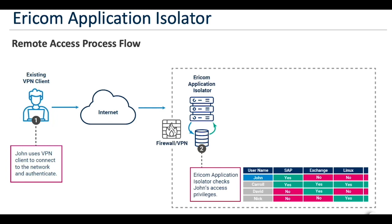The access controller extracts those log messages and pulls out some important information: the username, John, the public IP address that John may be coming from, and then the private IP address that the firewall VPN has assigned to John. It parses that information out and then looks up in its local database for the applications that John is allowed access to. In this example, John is allowed access to the SAP server. So the database returns the destination IP address of the SAP server as well as the destination port and the